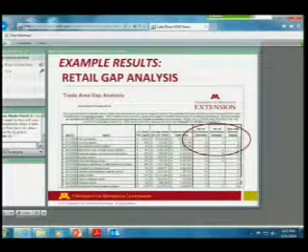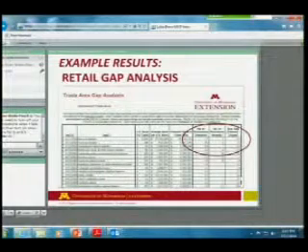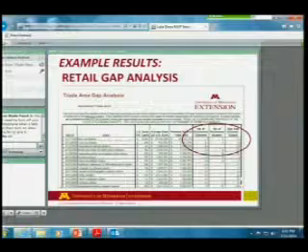And then we translate that based on the average sales per US store in terms of the number of businesses it would take to service the people in that trade area. And so what we're saying is, assuming everybody in this trade area spent as people do on average in the US, how many businesses would it take to service those needs if they didn't shop outside that trade